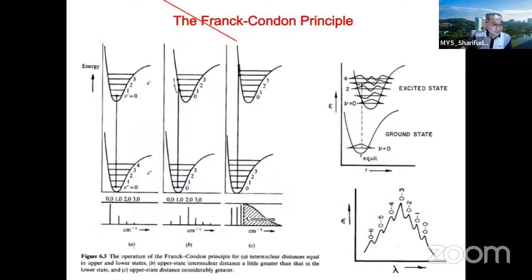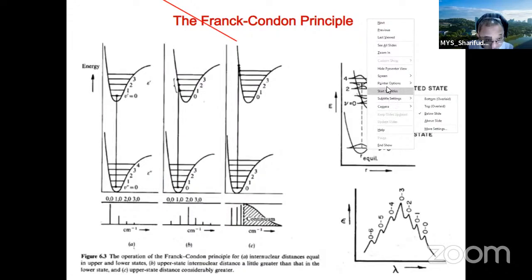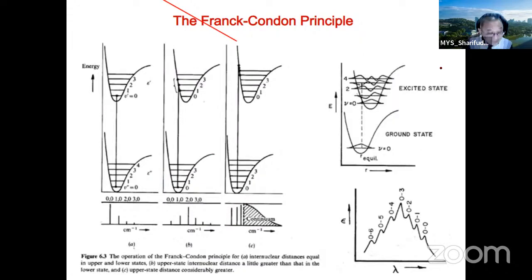So if both the ground and the excited states have similar RE, or equilibrium distance, then V double prime equals 0 will go to V prime equals 0, right? And there will be a strong overlap between those two. And what you will see is a progression,